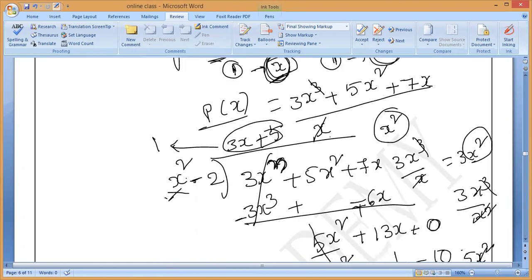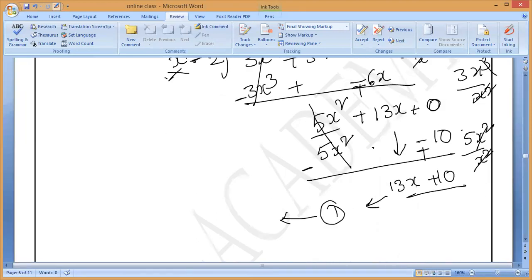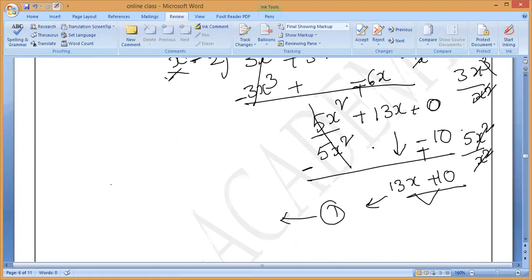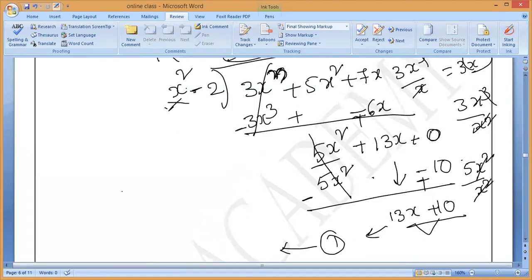Yes or no? So like that I have fixed my own example. Something which I have divided so that I used to get the q of x and r of x, both the degree is same. So you can see here 3x plus 10, so degree is 1. Here 3x plus 5, degree is 1. So that I can write degree of q of x equals to degree of r of x. Is it yes or no? All of you, do you understand?